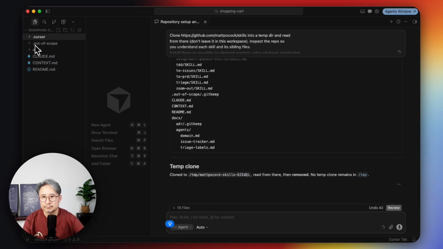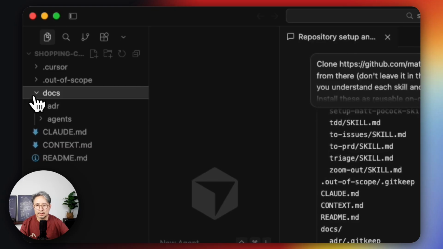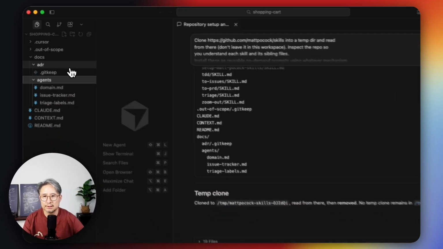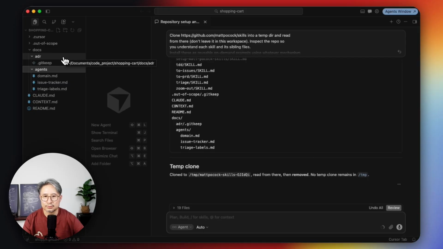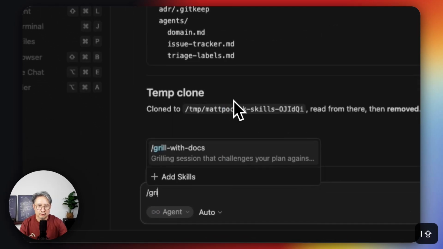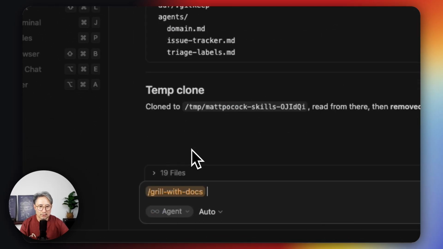Okay, this is the project folder. Currently there's only a docs folder set up and almost nothing there, which we need to create with the agent one by one for the real coding of this project. So firstly, you will see we have the grill-with-docs command.